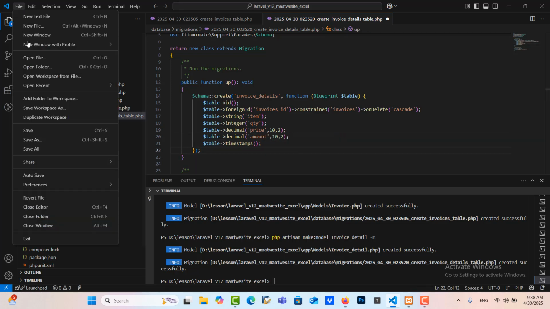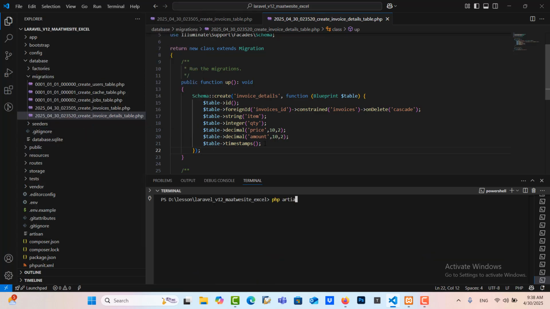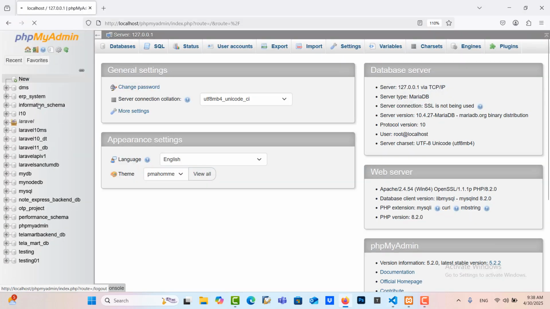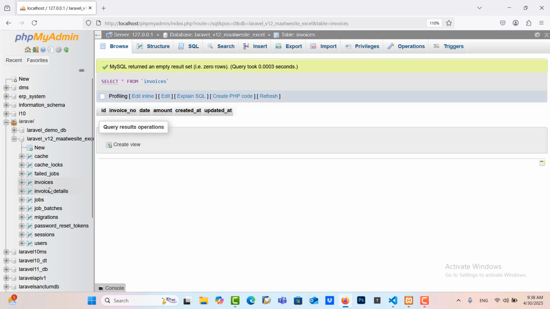And the last one is amount. Let me save and then I go to run migrate. So success. I refresh and I go to the table, it is in here.